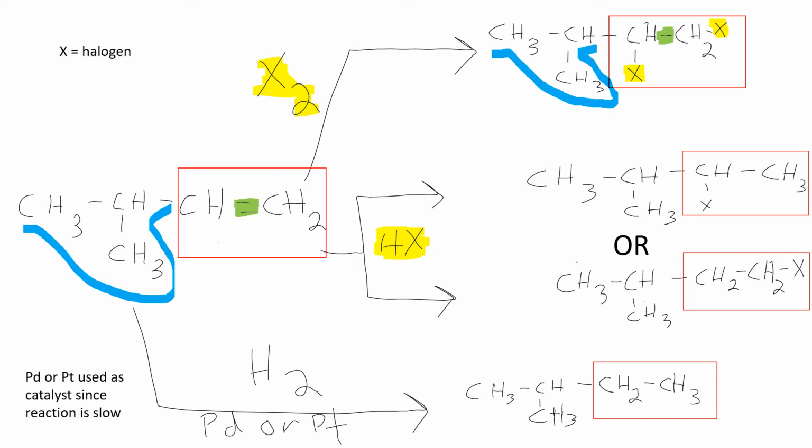Every single addition reaction that you will look at, you will see the addition of two things to the carbons of the carbon-carbon double bond, this time a hydrogen and a halogen. So let's look at it. We get two choices if you look over to the right. I'm going to highlight in yellow those additions. First choice is we could add the halogen to the interior carbon, highlighting that in yellow, and then we could add the hydrogen to the end carbon.